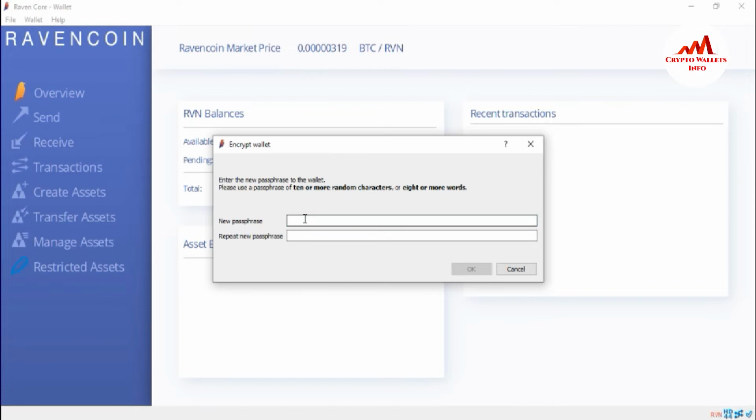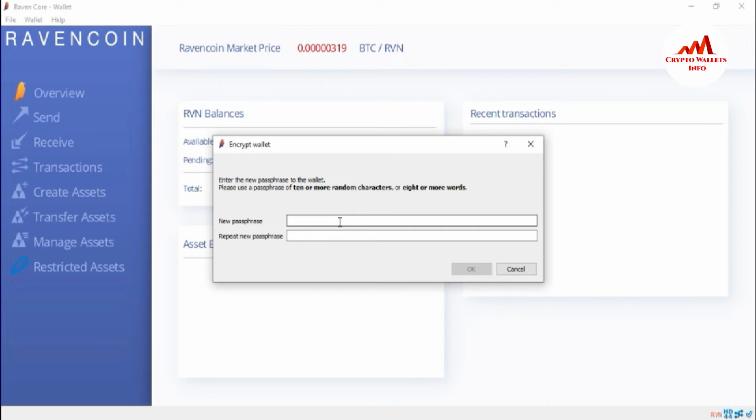So viewers, I'm going to write here a strong password like my bank account, so you can also use the same. And keep in your mind, first of all, if you forget this password which you are going to write here, you can never recover or transfer your funds. Keep in your mind, never transfer your funds if you forget your password, and also you cannot get your private key. Okay, so you must first get your private key, and after that you lock your wallet. Otherwise, if you forget your password, you can never recover any of your funds.